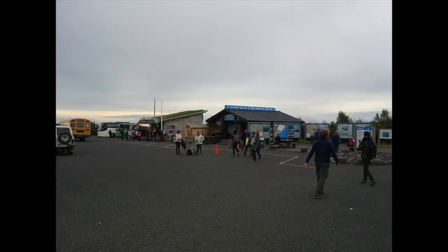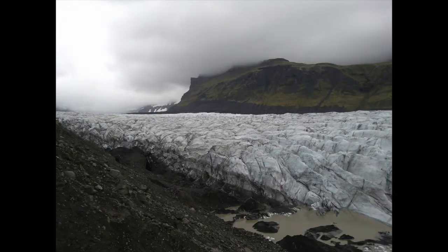Skaftafell information. There we were looking for a road map for the Highland roads, and there you are also able to book some tours to go hiking on top of a glacier. But we just wanted to find another map, and afterwards we went on, and our next stop was at